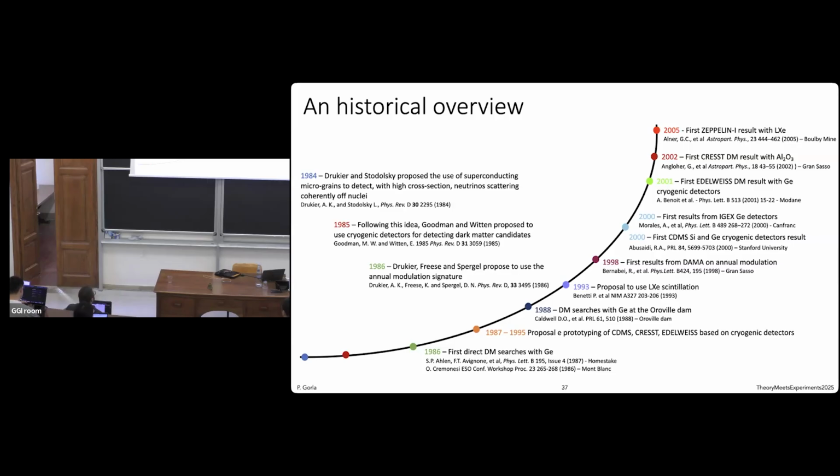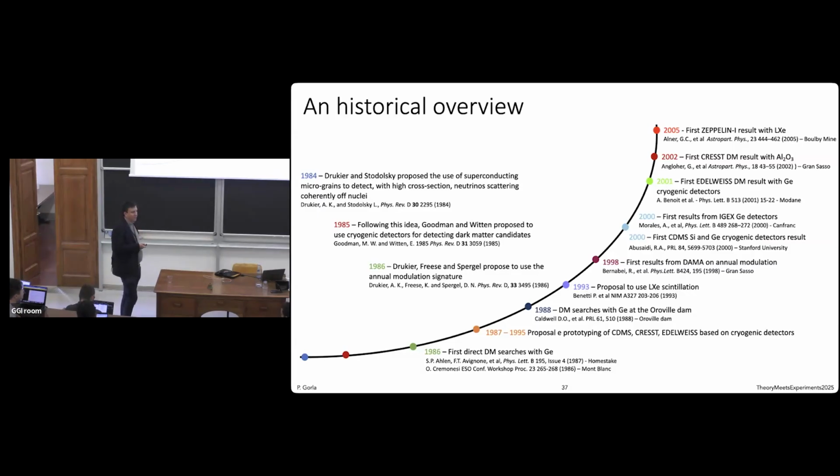And there was the first dedicated germanium experiment at the Oroville Dam from Caldwell et al. There was the first proposal in '93 to use liquid xenon scintillation. This was not yet a dual phase TPC, it was just a liquid xenon scintillator. And in '98, the first result using sodium iodide scintillators, the DAMA experiment at Gran Sasso in Italy,